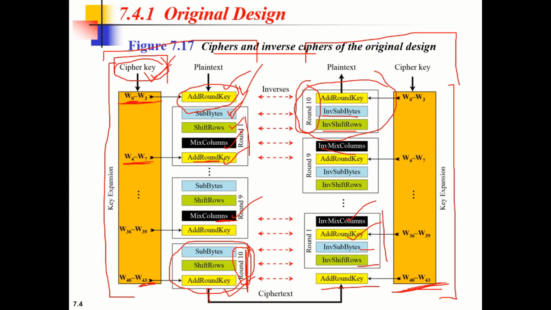Here you can see the last operation is add round key. Here as well, the first operation is add round key. Before this, we are applying the shifting of rows. Then shifting of rows is performed over here. So the process which we follow at the encrypting end, we follow the inverse of that process at the decrypting